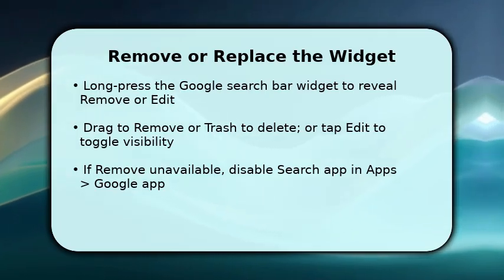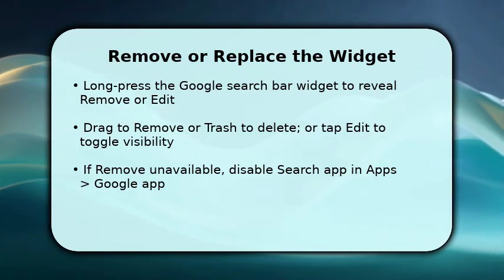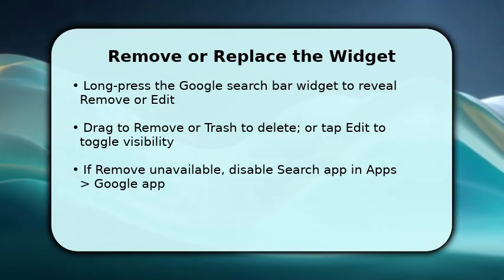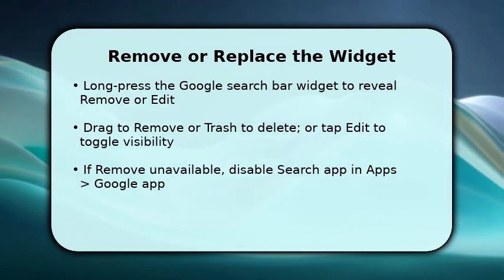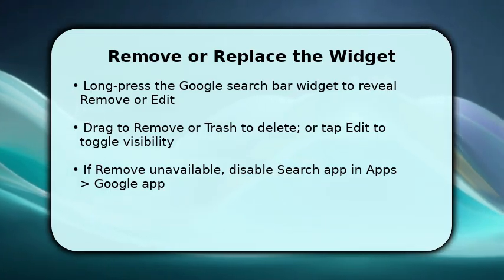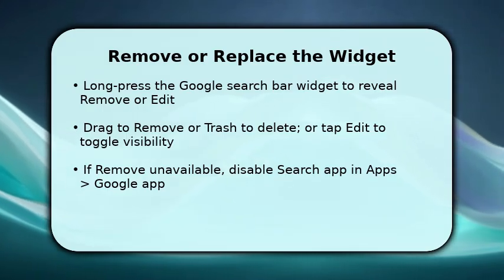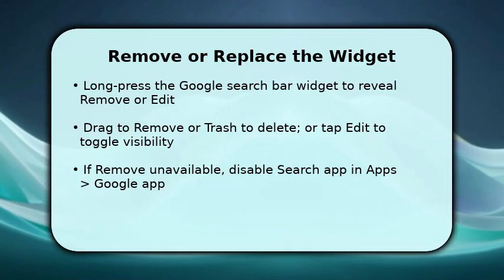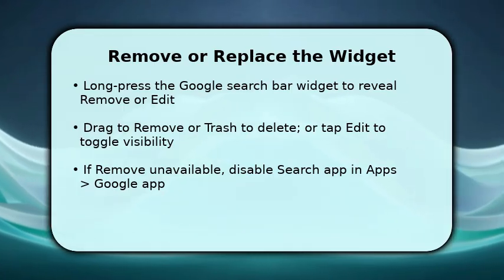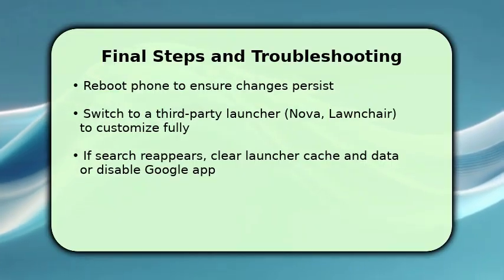Drag the bar to remove or trash to delete it from the home screen, and you'll see the space free up immediately. If edit shows a visibility toggle, switch it off to hide the bar without removing layout. If the widget won't detach, go to Settings, Apps, Google and disable or uninstall updates to stop the persistent search widget from reappearing. You finish by rebooting the phone to ensure the removal sticks and checking other home screens for